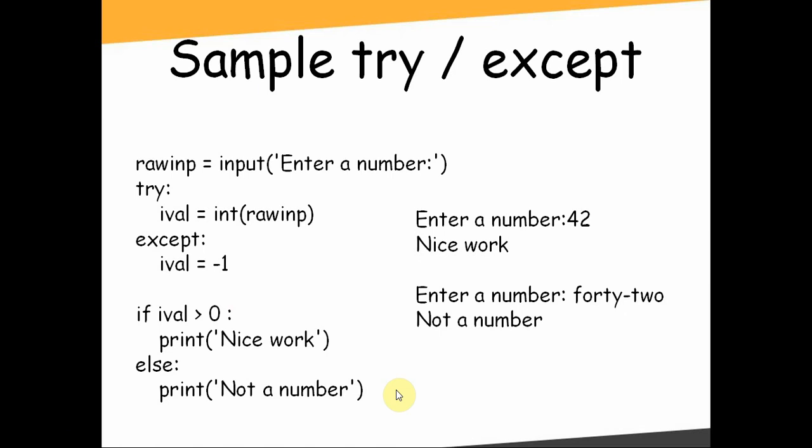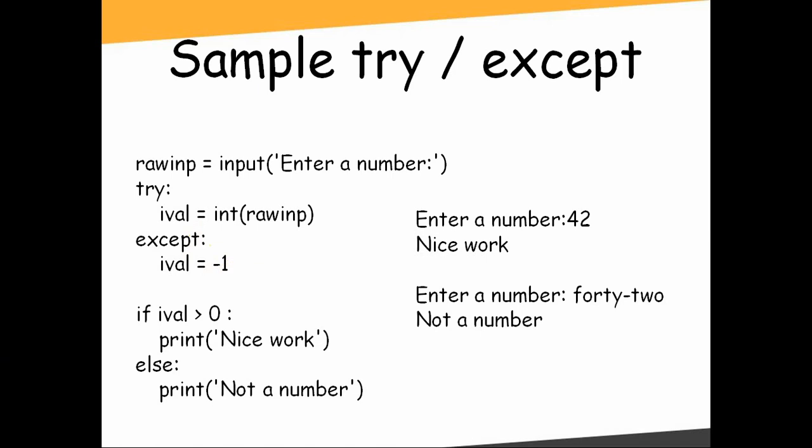Say for example a user entered 42 in words. Here we cannot convert that input to an integer. Why? Because we cannot convert a string to an integer using this command. So in this we are trying to convert that 42 to a number, but this statement will not get executed because we are not able to convert the string to an integer. So the try statement fails here, and the except is executed. Here ival is equal to -1. We are setting ival to -1.